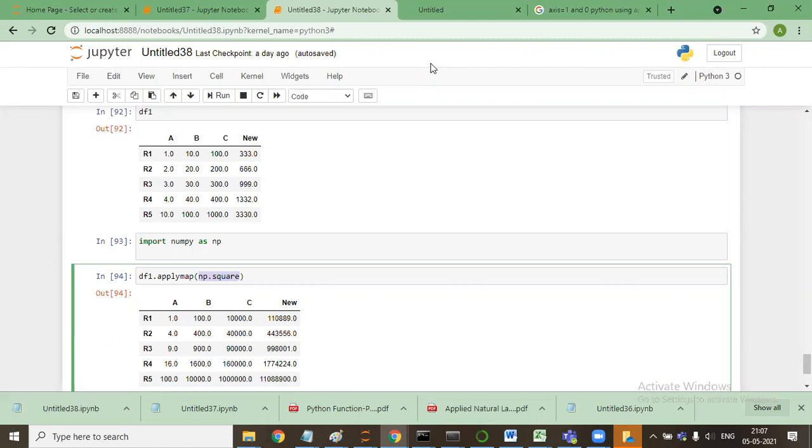But if you want to square each and every value in a row and column, then it will be applymap, because now you want to perform this operation on every value of the data frame. The function that we have performed, applymap, is applying the function to each and every element of it.